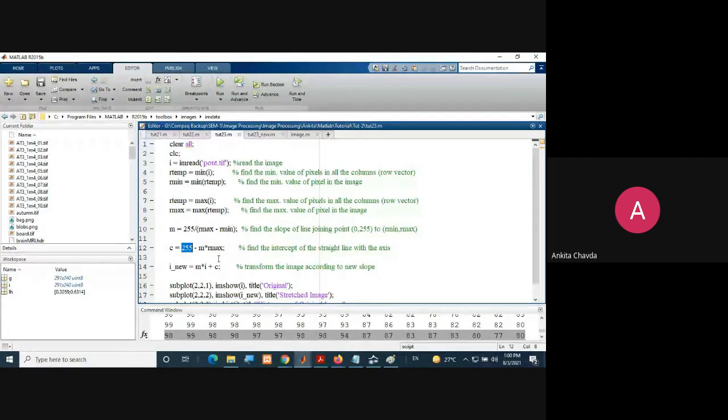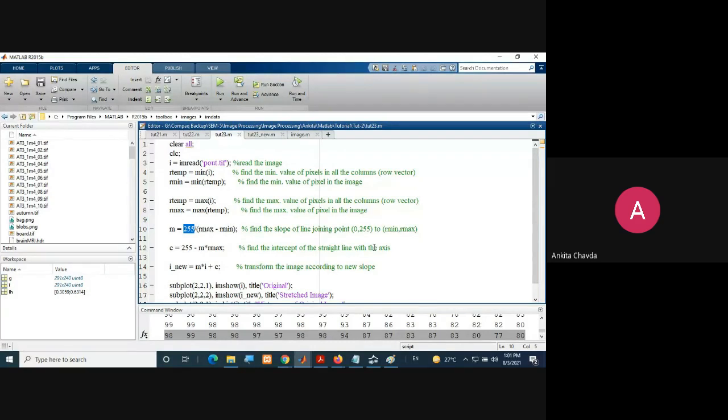For this 8-bit image, the largest grayscale intensity is L minus 1, that would be your last value, that is your 255. That is why here and here you have taken 255. If you are taking a 16-bit image, then you need to change it. So C is 255 minus m into r max. This finds the intercept of the straight line.